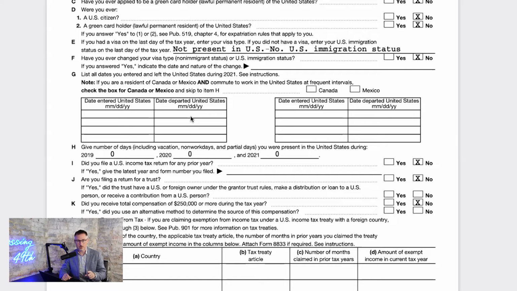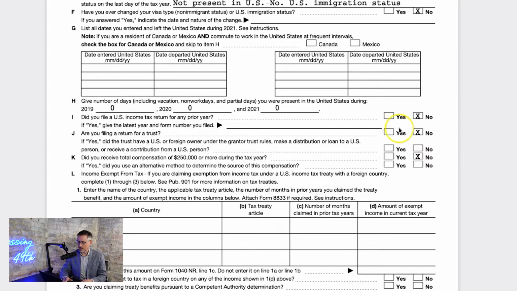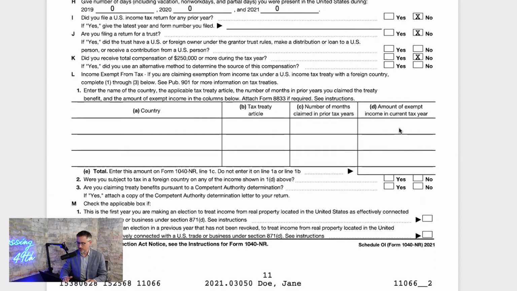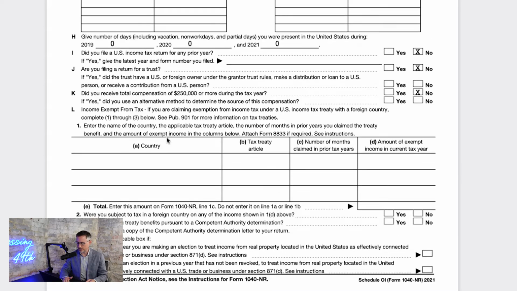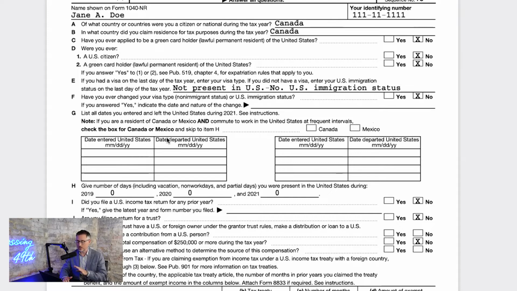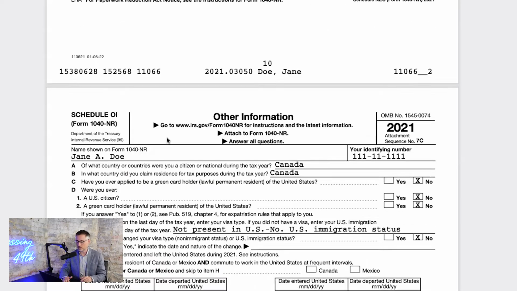So I won't get into the details of what that means and how you do it, although I actually have a calculator that we're producing for the website. So look out for not only the calculators, but what that means for individuals that are crossing back and forth and spending lots of time in the US. But if you reach the substantial presence test, and that's the point of these boxes here, you might be considered a tax resident. So that's why they're asking these questions. Some more questions about prior year tax returns that you filed, and then some treaty elections on income that may or may not be taxed in the U.S. So once again, just generally speaking about this form, but it is a very important form to complete. If you have questions, feel free to send me an email, but this one has to be completed and filed with the form as well.